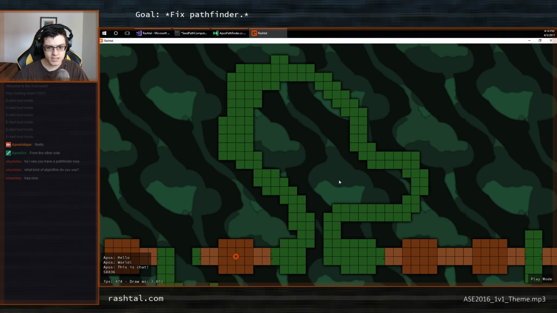I'm trying to cause an error, because there's an error right now. With this, if I click here, the path that gets computed goes over the terrain, so I need to fix that. I'm trying to recreate a simpler